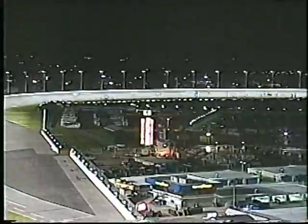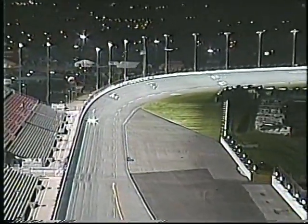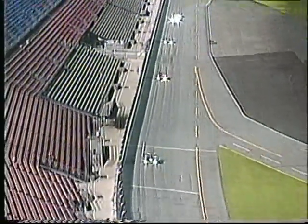Wow, a good start there. Great start by Kellner's, who outfoxed Robinson as they went up onto the banking there, swooped underneath him. And with only 1 lap left to go, they don't have a lot of time to fight this out. That's Tays in the center of your screen, just ahead of the Ferrari. There is Weaver leading the way. 1 more lap around this 3.56-mile combined infield road course and NASCAR tri-oval. White flag out for James Weaver